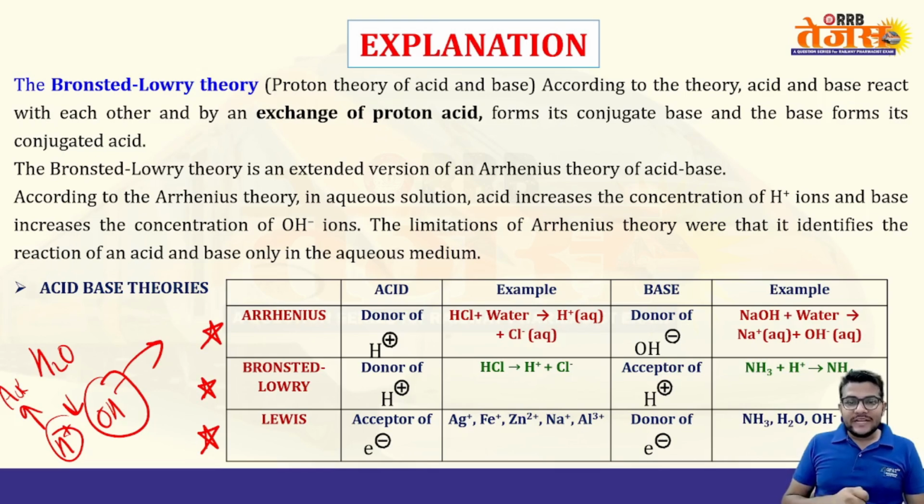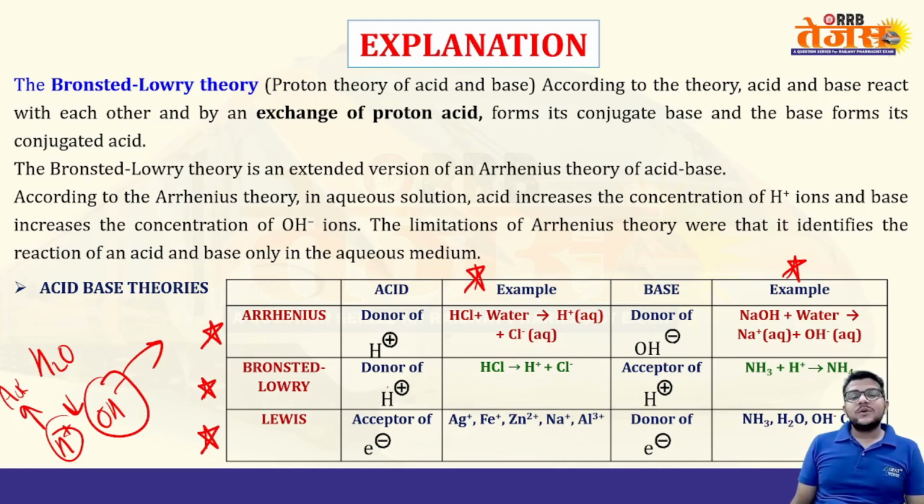Whereas Lewis theory will tell us that acceptors of electrons are your acid and donors of electrons are your base. For example, Arrhenius theory tells us about H positive and OH negative. So those compounds in which H positive and OH negative are released are your Arrhenius acids and bases. Whereas proton